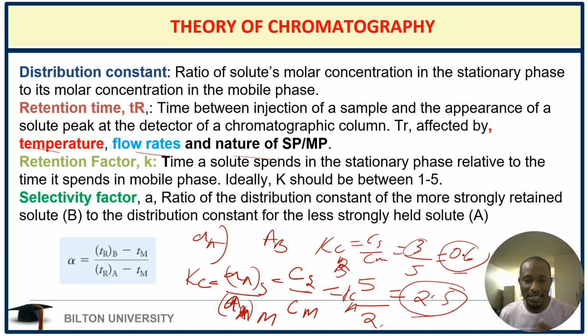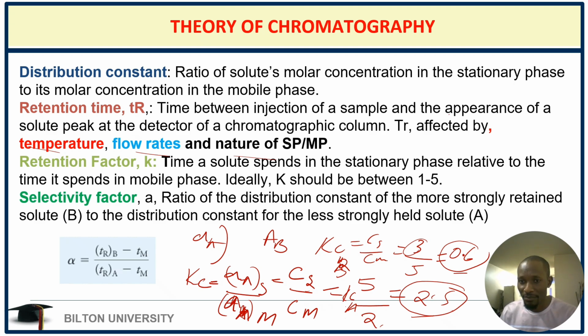If you increase the temperature of a mobile phase which is a gas, and we know increasing the temperature increases the kinetic energy of the gas particles, it means the mobile phase is going to move faster. And in that case, for example, in GC, gas chromatography, you are going to reduce the retention time,